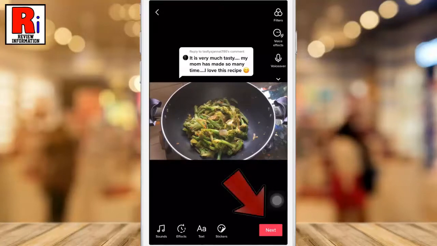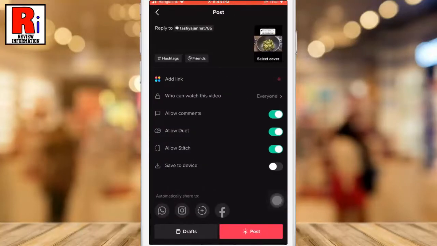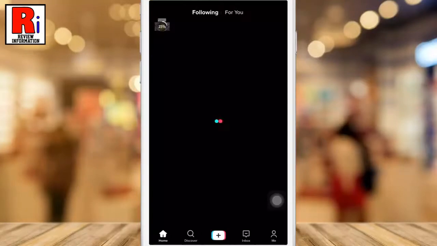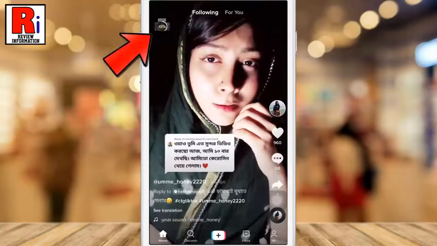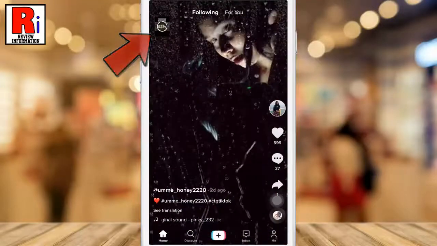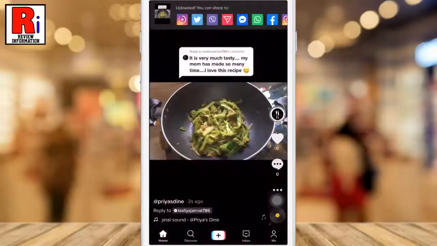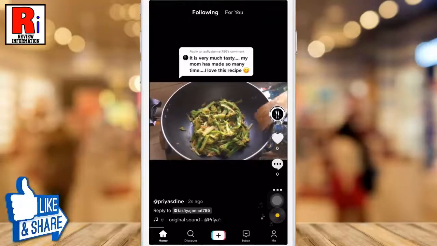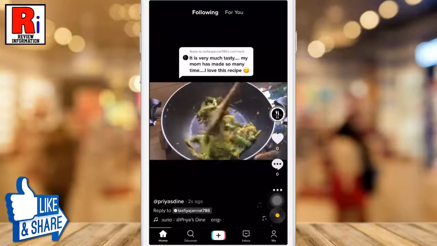Then tap on Next. You can add hashtags, type your description to the video, and set who can view this video. Then finally, tap on Post to share your video. The video will start to process immediately, and you will see the progress at the top of the screen. The video has been uploaded, and it will appear as a reply under the comment on your original video, so